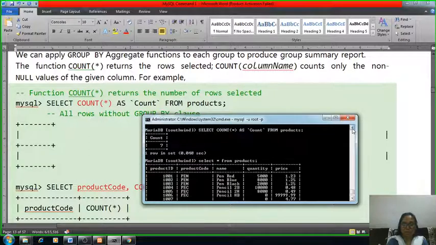So because of the count command, what happens? It will count the total number of records, how many records are there.